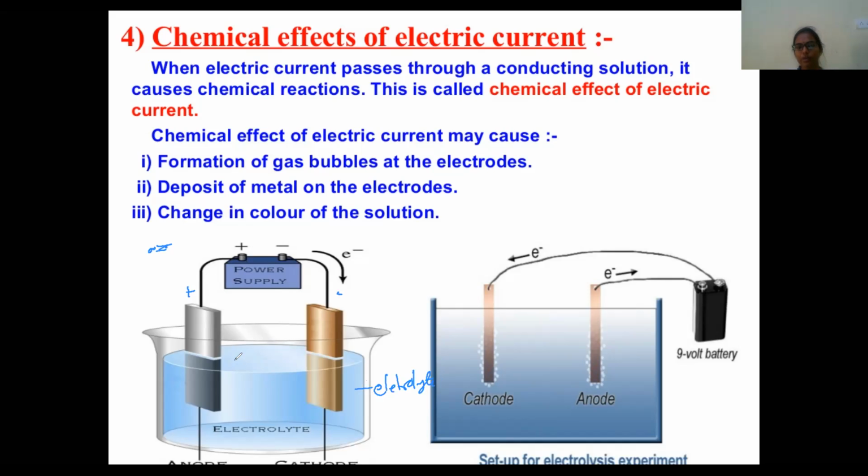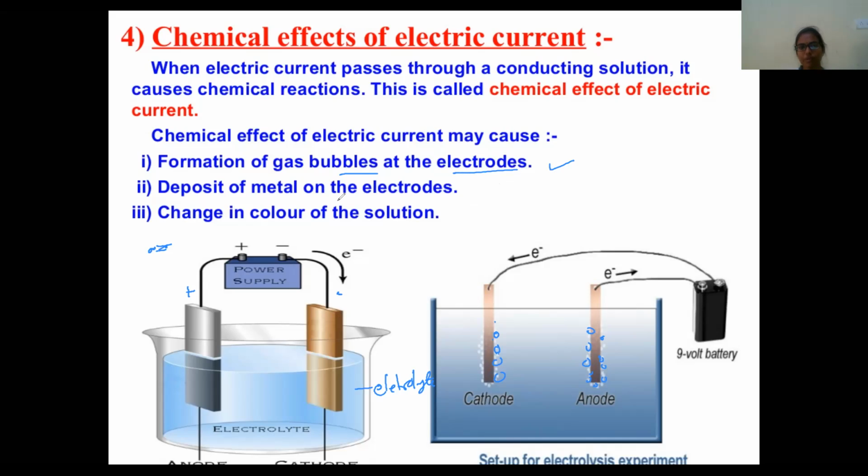How are we going to know that? By seeing, we cannot find it, right? How are you going to find it? You can observe small bubbles, air bubbles. Those bubbles will come and deposit on these two ends. We can observe the bubbles. That shows that one method is the formation of bubbles at the electrodes. That shows a chemical reaction is taking place. We are going to know by using that.